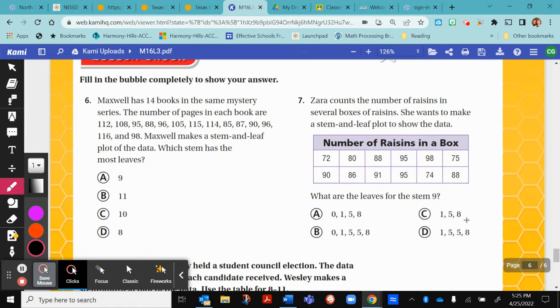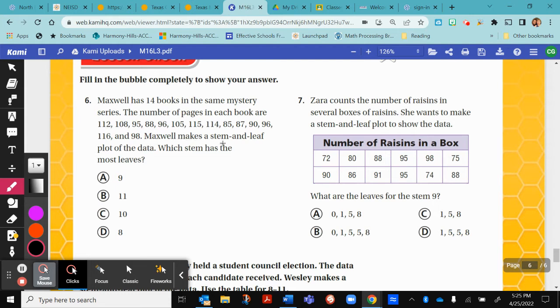Maxwell has 14 books in the same mystery series. Well, that's interesting. The number of pages in each book are listed. So these are the pages of the 14 books he has. So this is book 1, 2, 3, 4, 5, 6, 7, 8, 9, 10, 11, 12, 13, 14. So we have 14 numbers there because they each represent the number of pages for each of the 14 books